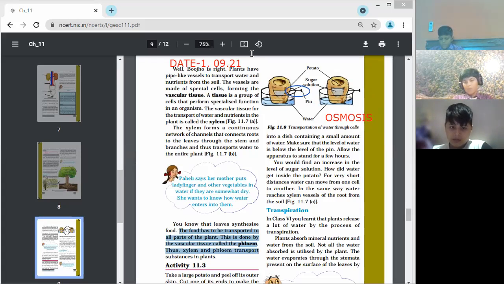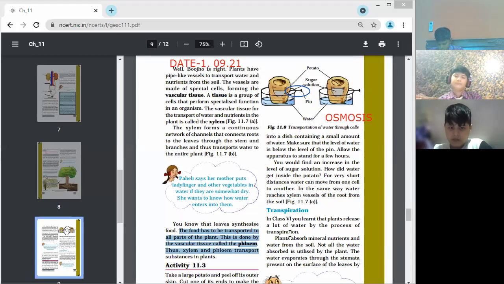And even children, you have done this activity. ये आपने class 6 में भी activity किया, that how stems absorb water. If you remember, in the chapter of plants, Getting to Know Plants, you did this activity that the stem is dipped in colored water, and when we cut that stem, we are able to see the colored water in the stem. So you have to see how water is absorbed by the stem and moves upward.